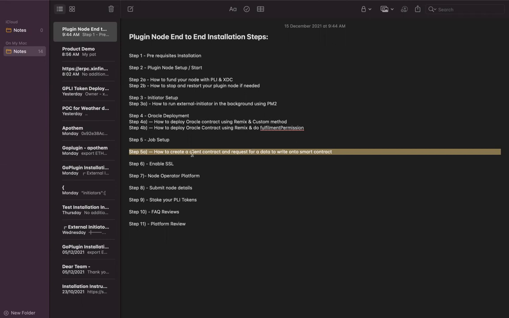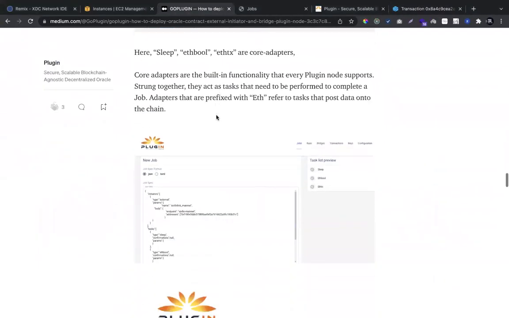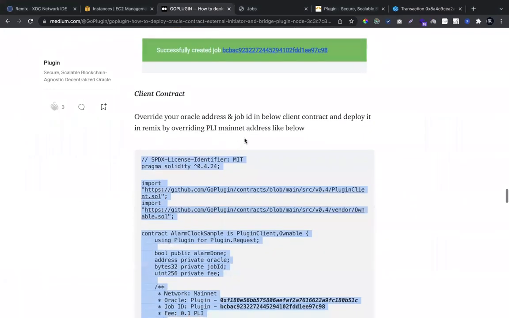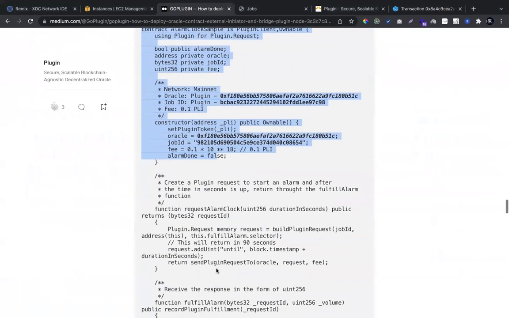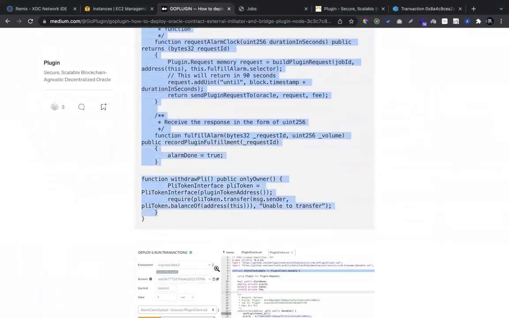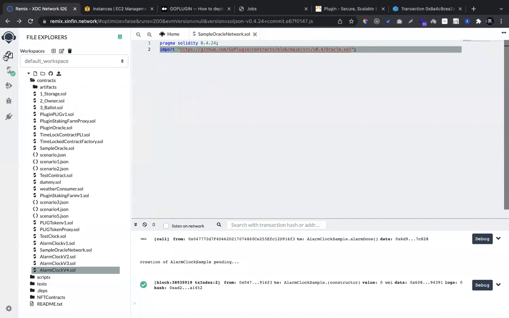Let's go ahead with the article. In this article, we have performed till the job definition in the last video. Just copy this client contract from here. Copy, then go to the Remix section, create a new file, just click the contract, create a new file, and name it something else.